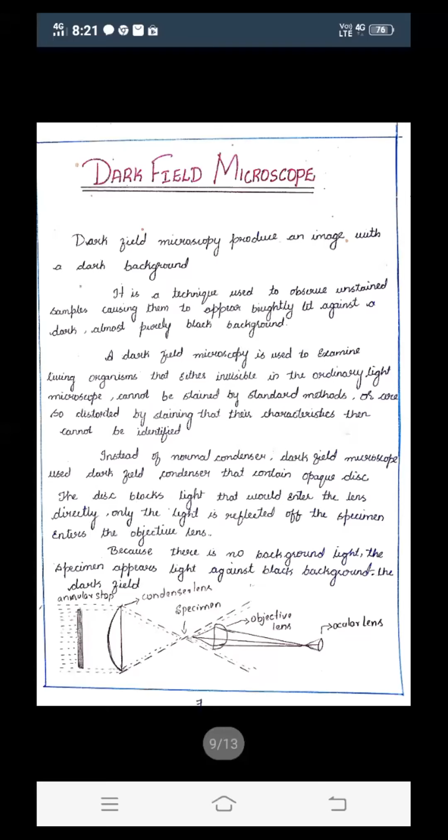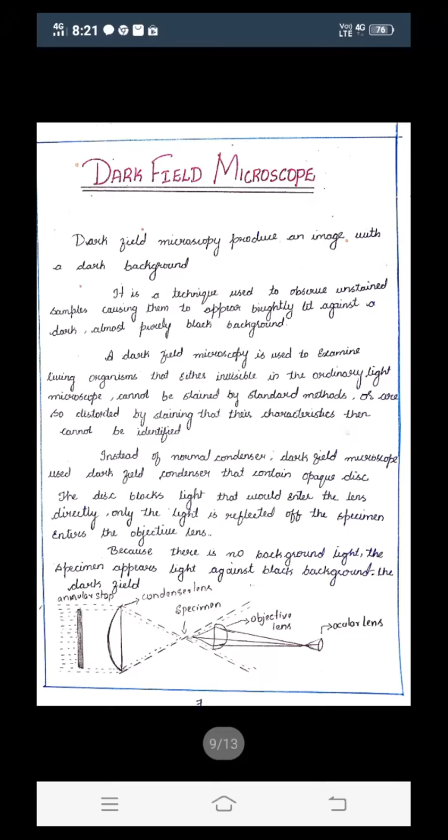See, what we are using normally in our laboratory is the bright field microscope. Here what happens is we are making the field brighter, and the specimen we want to observe will be dull. In the bright background, our specimen will be dark. The white background is where you can observe your specimen at the center. For that reason, we are using the bright field microscope.